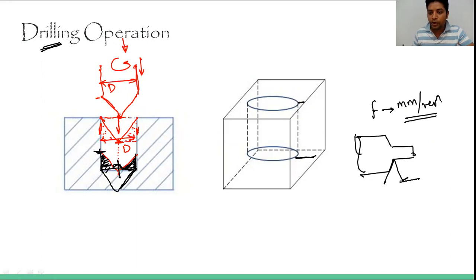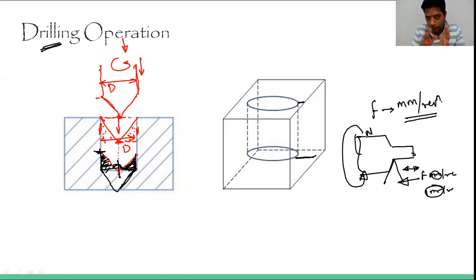we are moving this single point cutting tool in this direction. Okay, so basically when we are saying that feed is in mm per revolution, it means that if we are saying 1 mm per revolution is feed, it means that 1 mm will be the movement provided by the tool in this direction, the horizontal direction. And with respect to this, the revolution is basically provided to the workpiece. Okay, so rotation is affiliated to the workpiece, and this reciprocating motion is affiliated with the tool in the lathe machine.